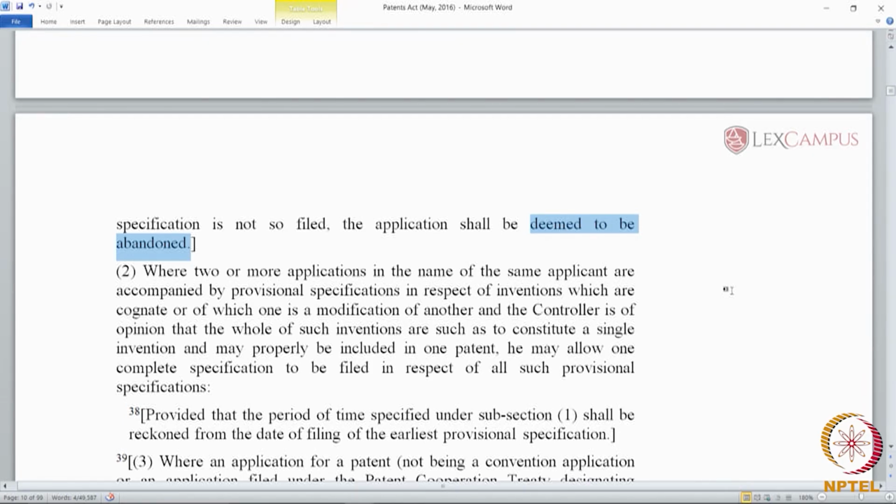Deemed to be abandoned is a phrase which we will understand as the patent application expiring because of the inaction of the applicant. Something was required to be done by the applicant, he did not do it, which led to the cancellation or the expiry of that application. That cancellation or that inaction is deemed as an abandonment by the applicant. So this is a fiction. The law uses a fiction, a legal fiction, that the inaction of the applicant is treated as though he had